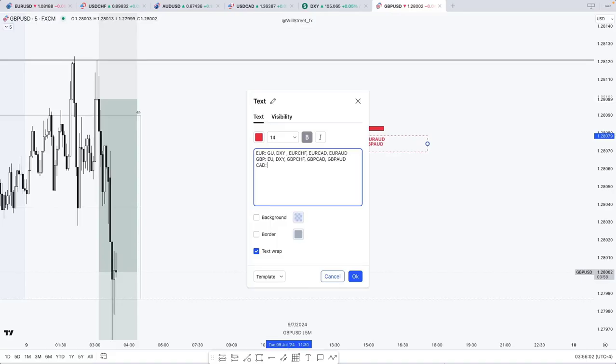When looking at Canadians, DXY are the correlated assets, EURCAD and GBPCAD, AUDCAD and